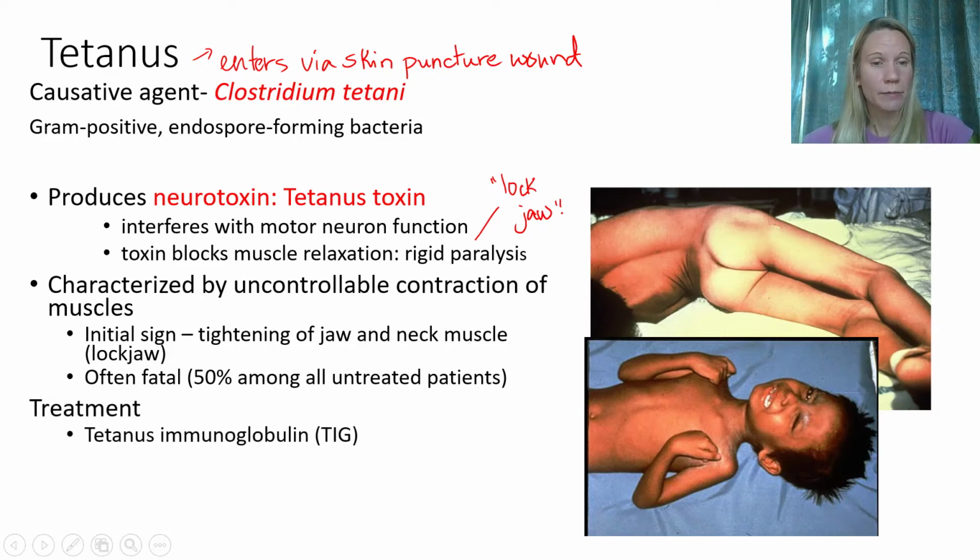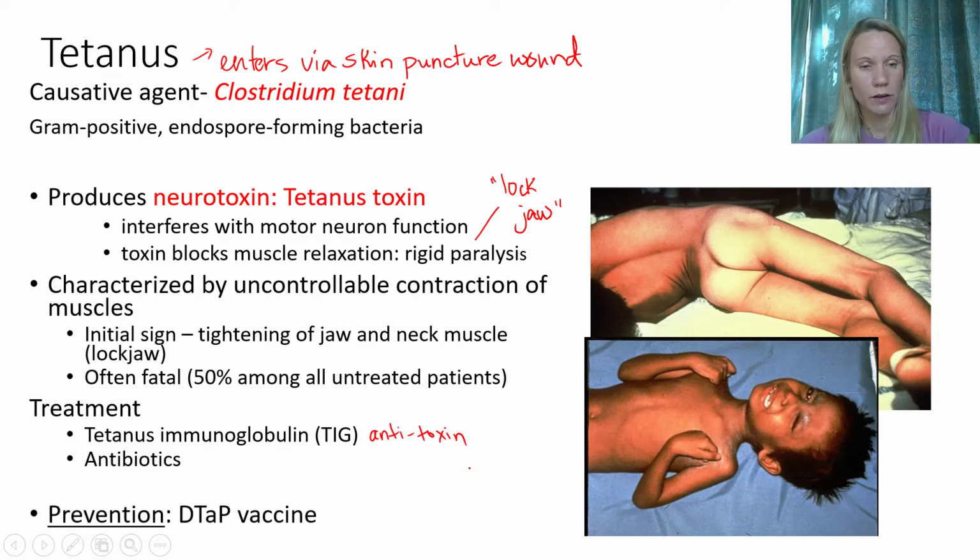Okay, so treatment, because we also have another exotoxin, another neurotoxin, is to use the immunoglobulin, so to use an antitoxin called TIG, for tetanus immunoglobulin. So it's an antibody, an antitoxin. Antibiotics,